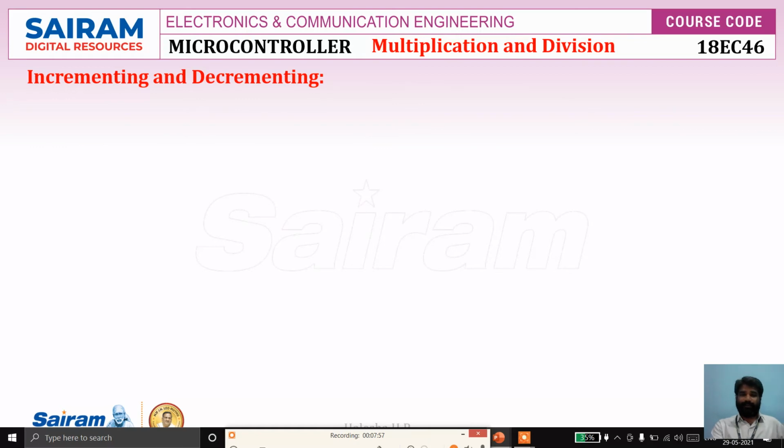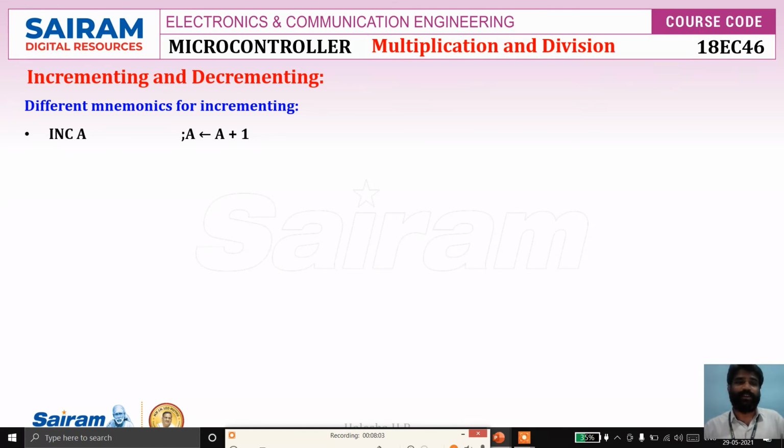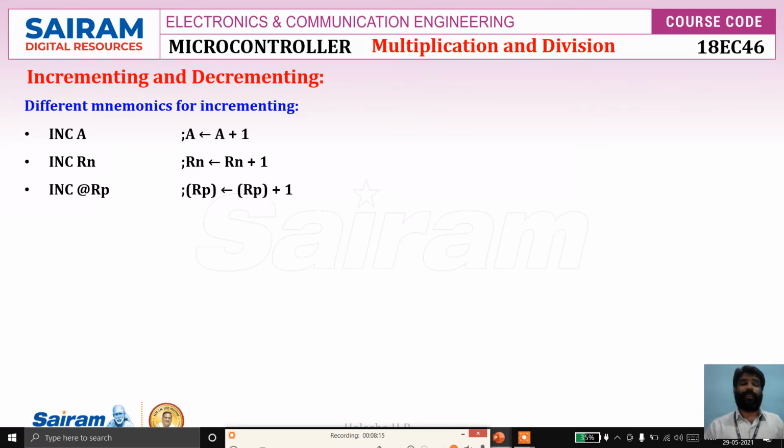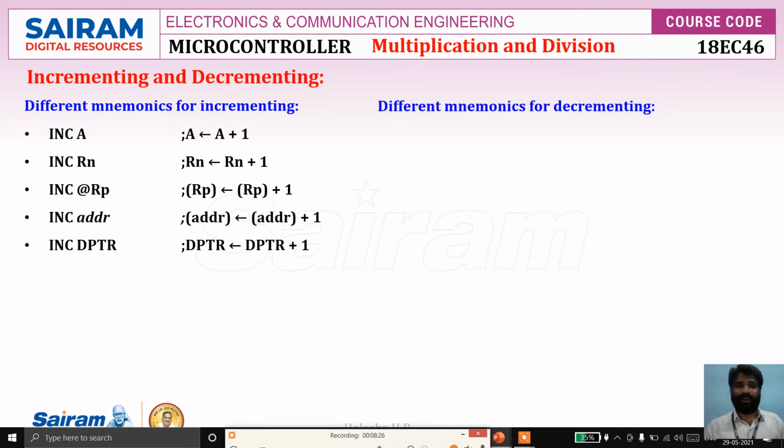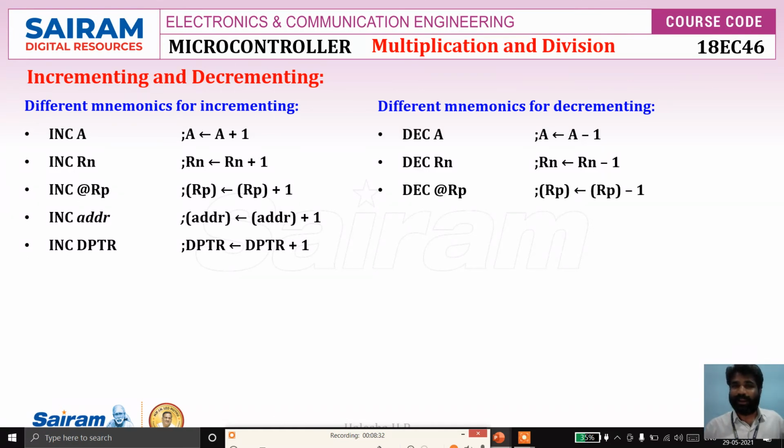So let's see the different mnemonics. For increment: INC A, that means A is replaced with A plus 1; INC Rn, Rn is replaced with Rn plus 1; INC @Rp, the content of the address in Rp is replaced with the content of that address plus 1; INC direct address; and INC DPTR. And for decrement operations: DEC A, DEC Rn, DEC @Rp, DEC direct address,